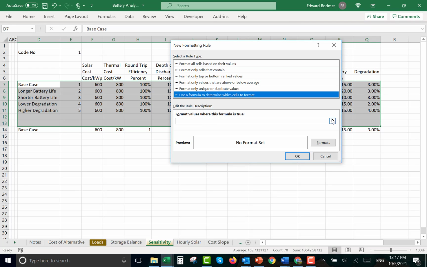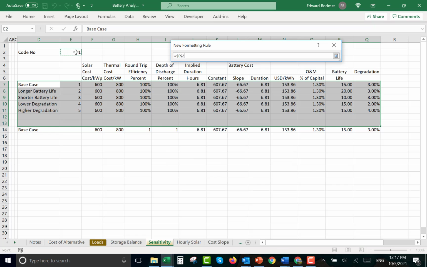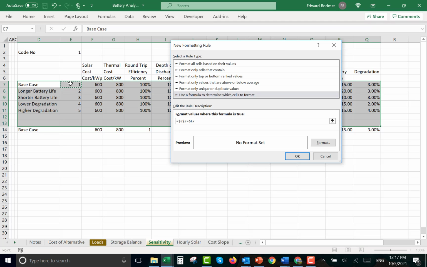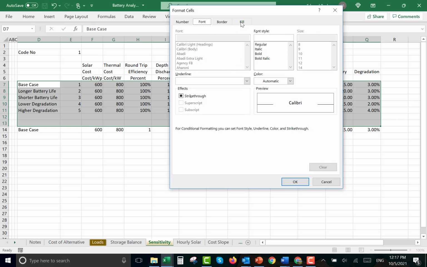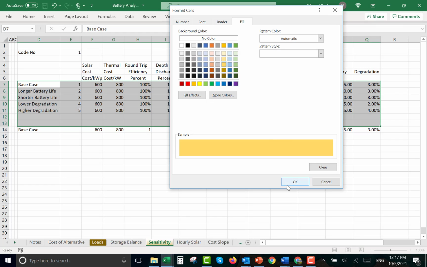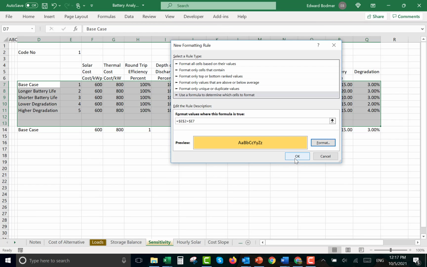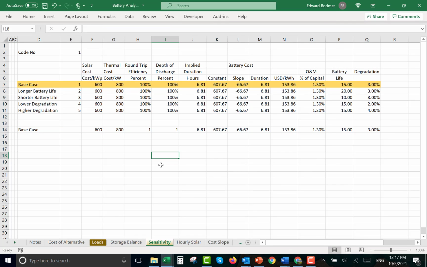But it's so nice if you do it well, and you put the scenario number in and you make that equal to, and then you press F4 a couple of times, and you want to make the 7 flexible but the E the same, and then you do a big challenge, which is, what color should I make it? Okay. And then you press OK, and we can see, okay, if we use our case number 3,